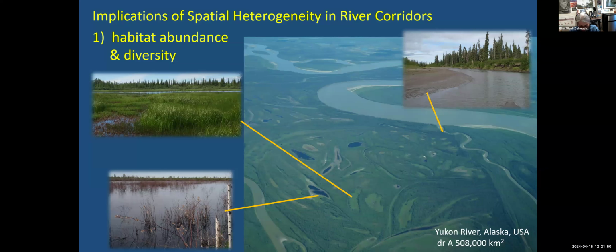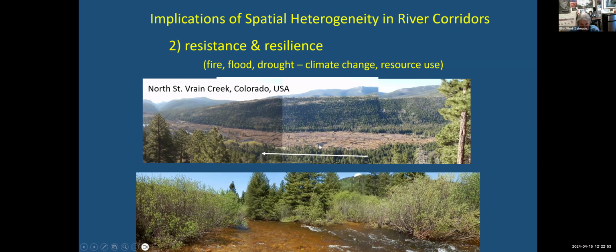Second implication is just what happens in a river corridor when you have a disturbance. And resistance usually means that there's very little change during the disturbance. Resilience, there may be change, but the system recovers its pre-disturbance characteristics pretty quickly. So I'll show you an example here from a beaver meadow. This is the photo montage at the top, standing on the lateral moraine looking down, and you can see the other lateral moraine in the background. The moraines are dry, well-drained sites with conifer forests. Between them is, in this photo that was taken at the end of the summer, or actually it was autumn, so the vegetation is not very green, but you can see standing water.